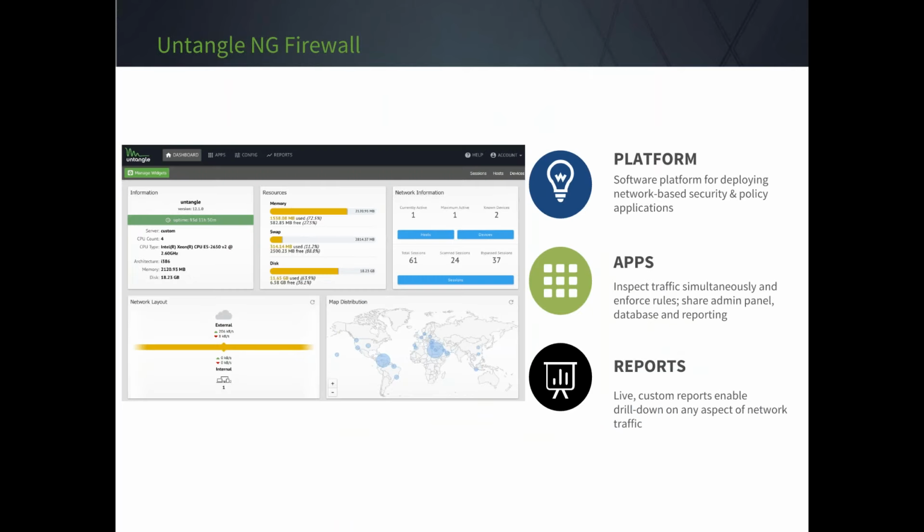So on this screen you see the dashboard view. We'll get into that as I move into the demo, but Untangle is really security that fits you. The NG Firewall platform is designed to work simply like the App Store. Apps are plugins that add functionality to the NG Firewall platform, just like your apps on the smartphone. Though each of the apps have a different task, like blocking spam or preventing virus infections, all of those apps work synergistically and together to make it a flexible, integrated product.